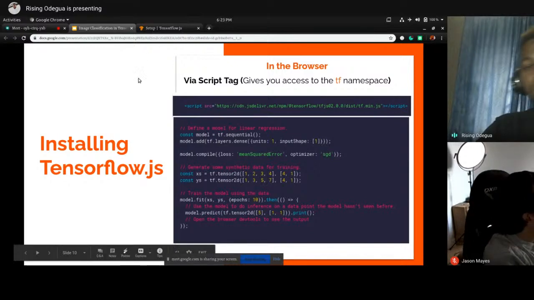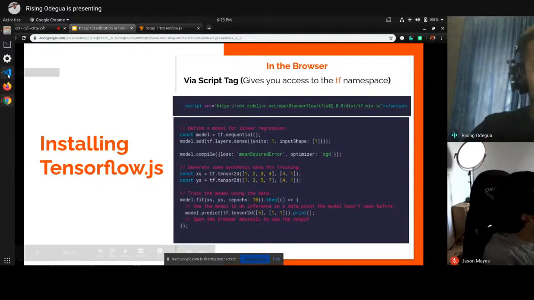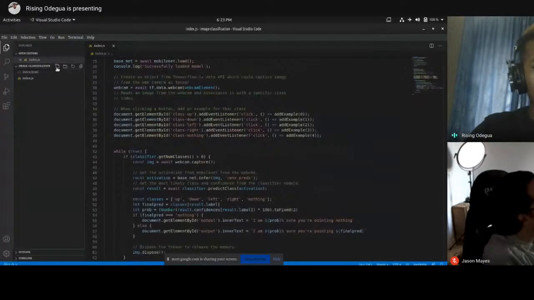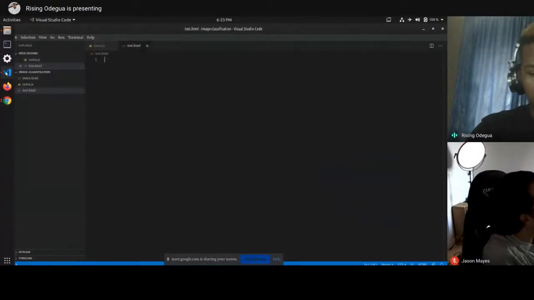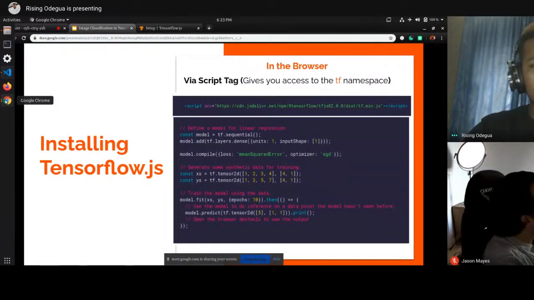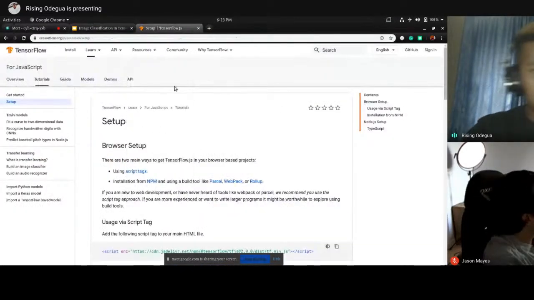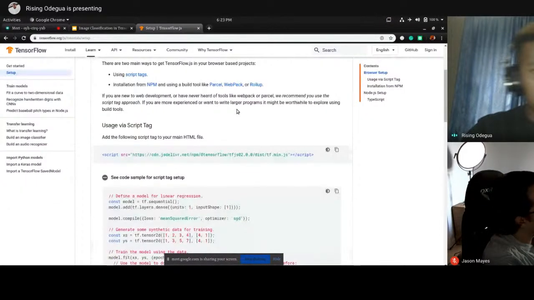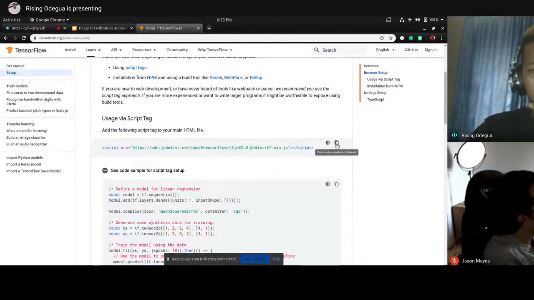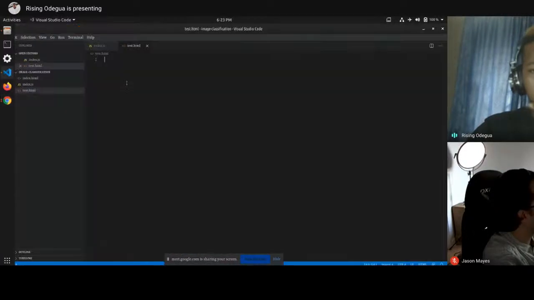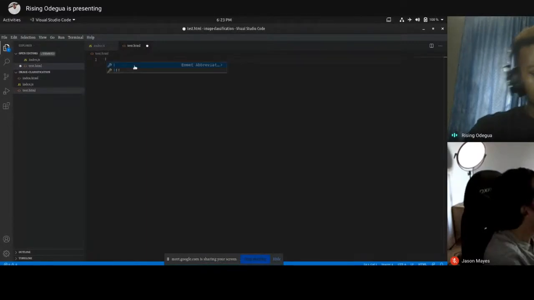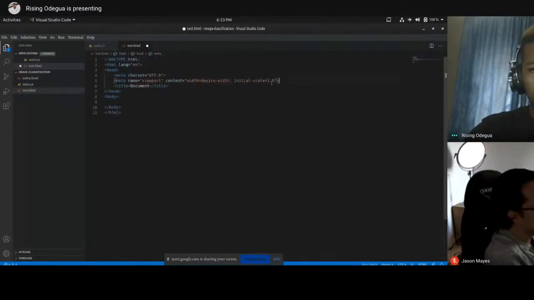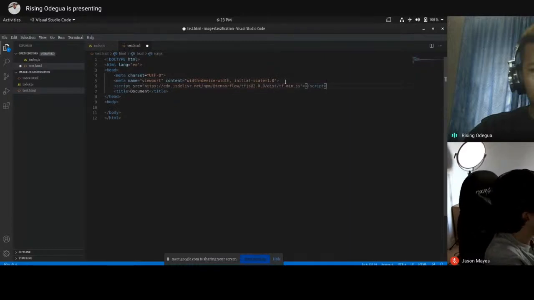So to do this, I'm just going to quickly open a VS Code tab. I'm going to create, let me just call this test.html, so we can see how we can quickly test this. On the TensorFlow page, there's a setup part where you can easily copy the CDN. So this is what we are doing here by script tag. So I'm going to copy this CDN, go back, and quickly create an HTML page. Okay, so you can paste it in your header. So this gives you access to the TensorFlow.js namespace. So you can call the models, you can build, you can do everything you normally do with TensorFlow.js.